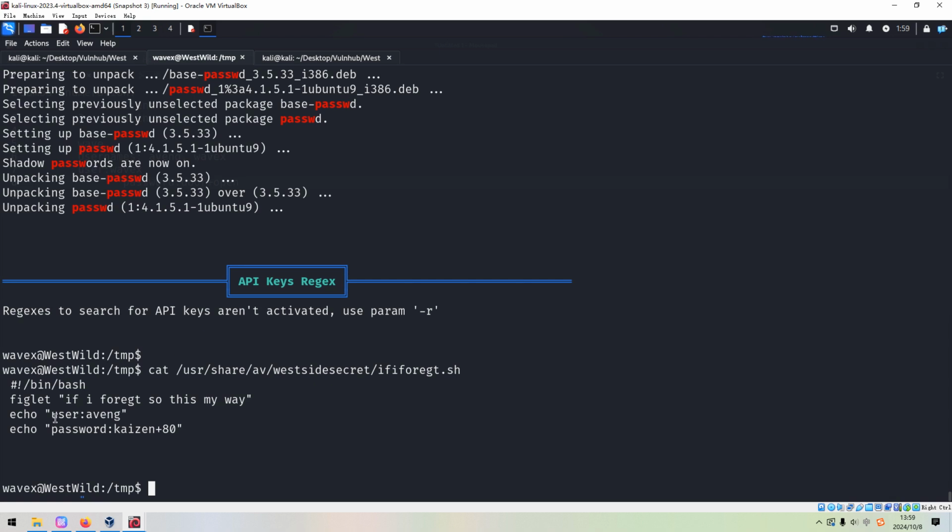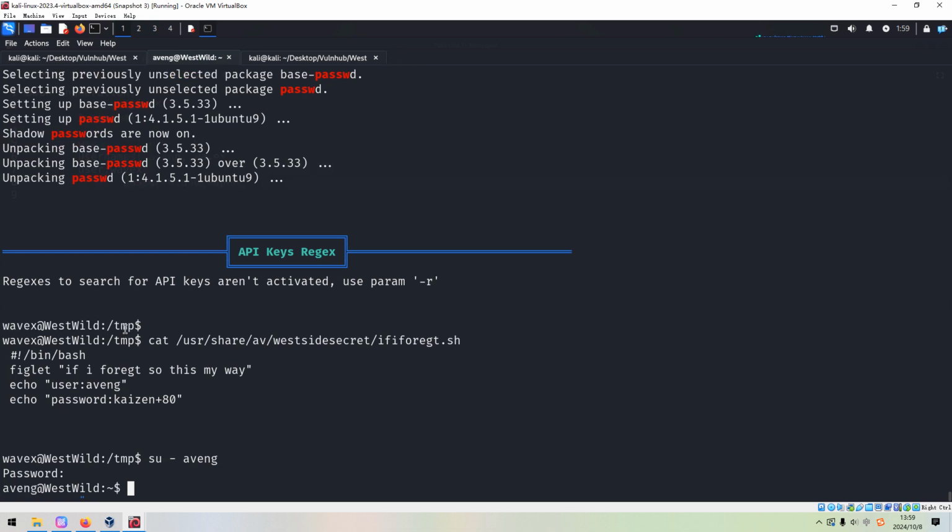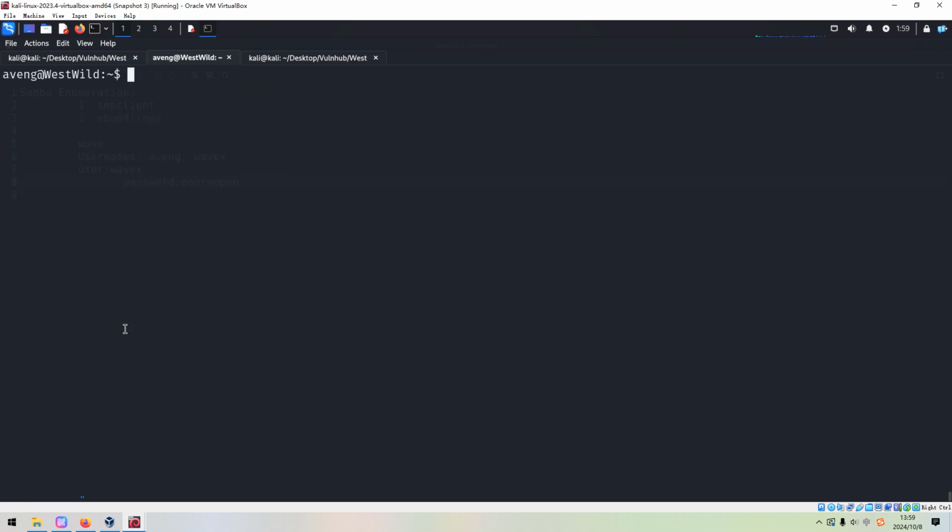Wonderful. We can get the credential for another user. So we can change to another user, Avenge. And then we can copy its password. And now, next, we can check sudo.